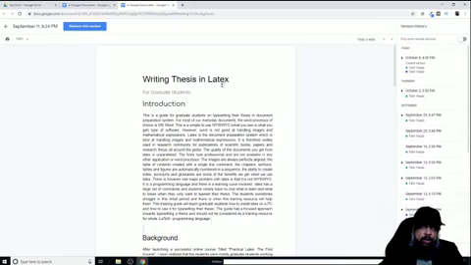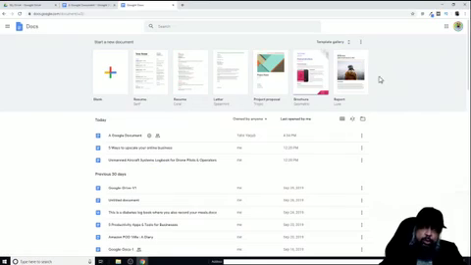So Google gives us the ability to see the previous versions and to restore any of those versions. And now if I want to go back to my Google Drive, I can just click on this back arrow and it will take me to my Google Drive, and you don't have to save anything, all your changes are saved. So this was a quick review of how you can track changes and restore previous versions if you want.